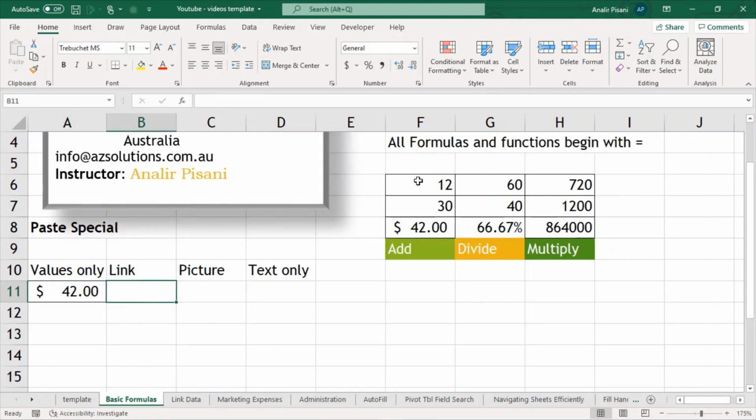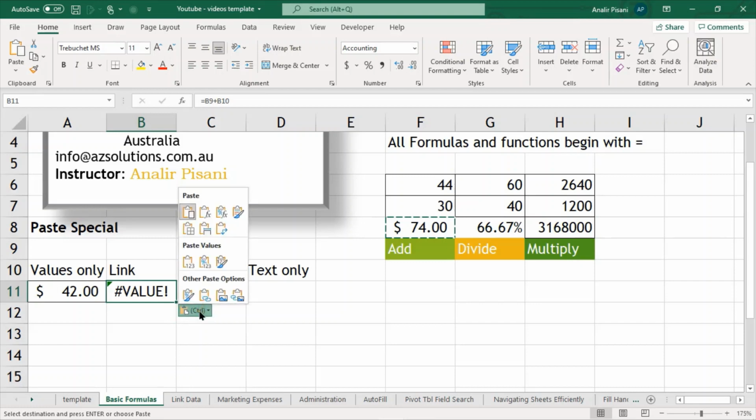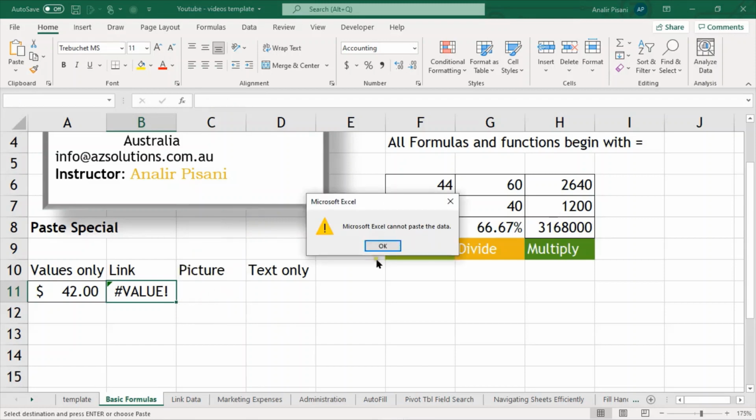Now something else is that if these figures update and change, for example, then this total here changes. Now the way I've brought it in at the moment, I've brought in just the value as it was at that point in time. But if this is something where information keeps updating and changing, I need to show this figure in a different sheet because it's like a summary of what's happening here, so I don't have to constantly come to this sheet and then have a look. So in this instance we can do a copy, and when we do a paste, the choice that we want to make here is we want it to be linked. So when you choose the option for paste link,